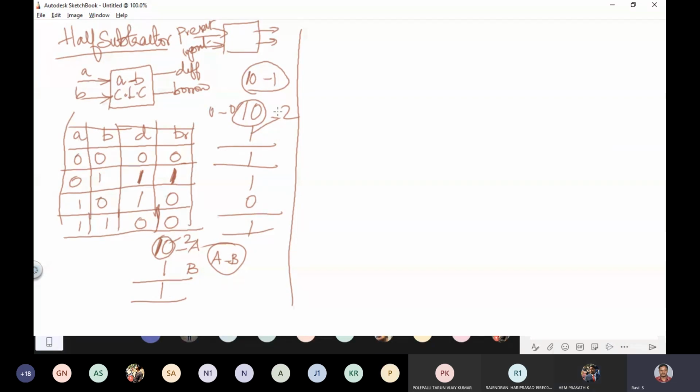So now I have two outputs. One is D, the other one is borrow. My D is 1 whenever I apply 0, 1 as input or 1, 0 as input. So this I can represent as A bar B plus A B bar.